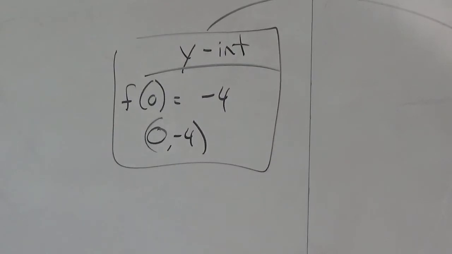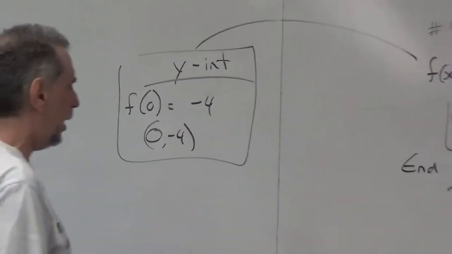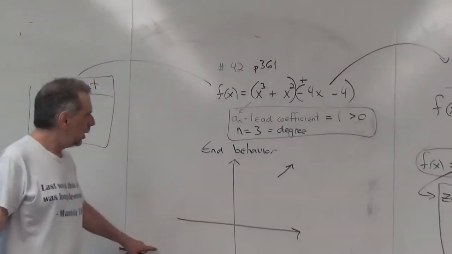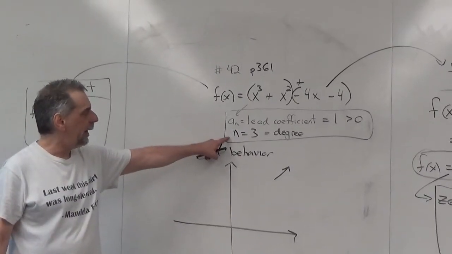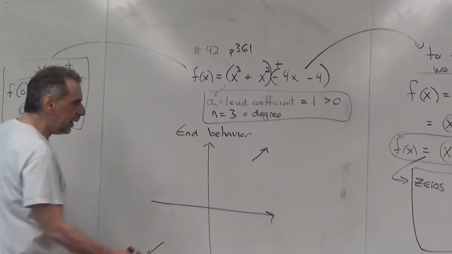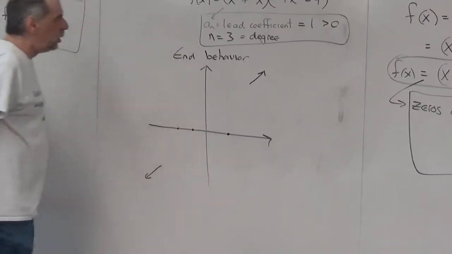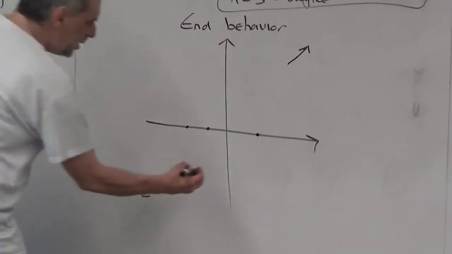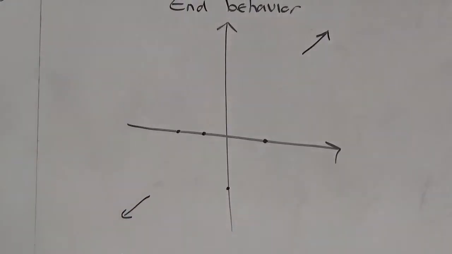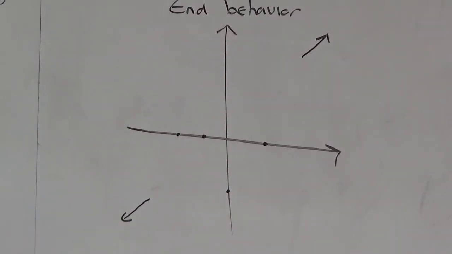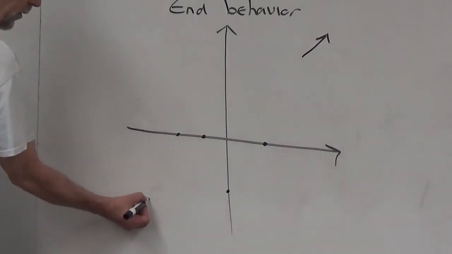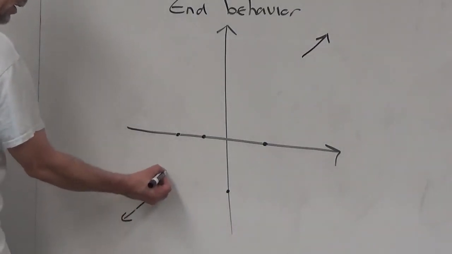And now we have all the information we need to sketch the graph, right? We already did the end behavior, looking at the lead coefficient and the degree. We know our x-intercepts are at -2, -1, and 2. Our y-intercept is at 0, -4. And they're all multiplicities of 1, smooth curve from end to end, so we know it goes up here to